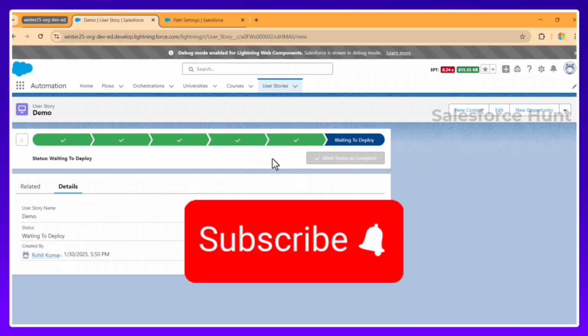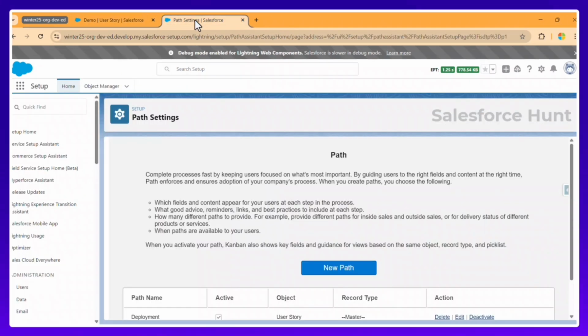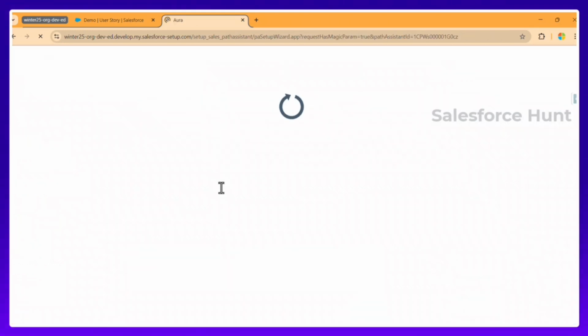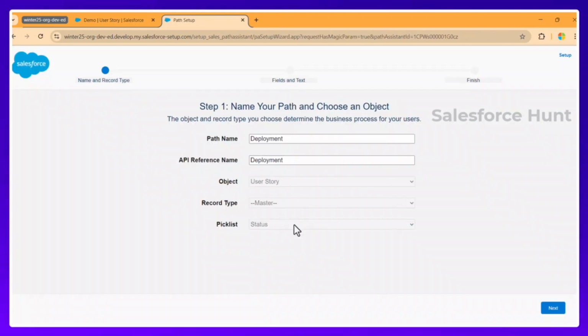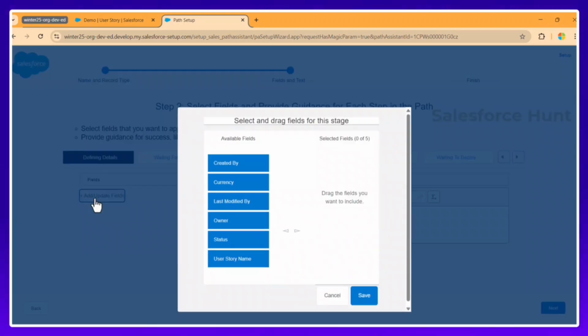And once you mouse over each and every stage, you can see the value of the pick list here, right? I disabled this button because I don't want to update any field value. That's why you cannot see this here. So if you want to enable it, in the path settings, you have to do one thing. Just click on edit, and under the edit, in the add or update fields, just click on next, and here you have to add your fields, let's say